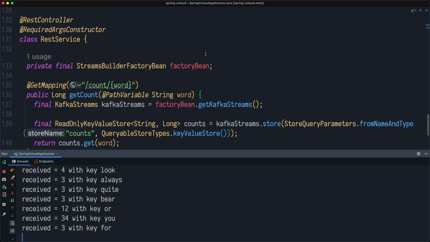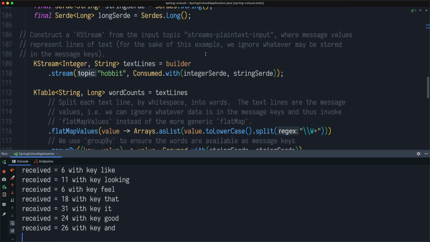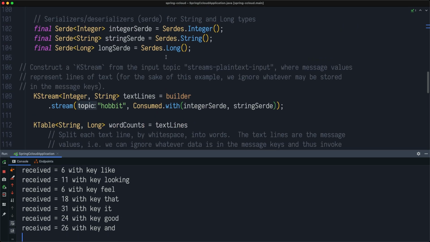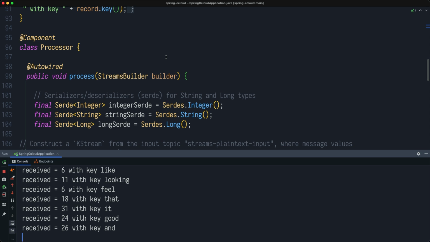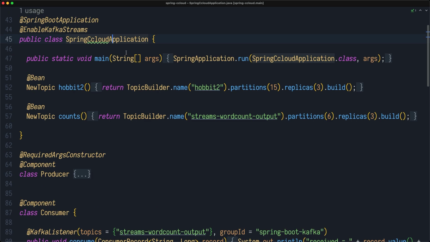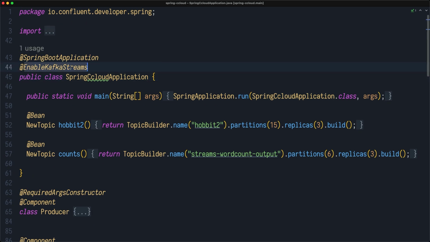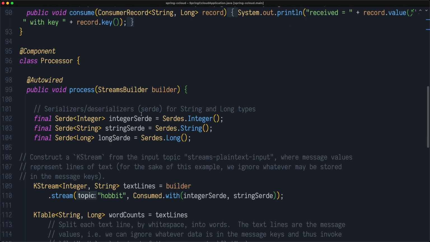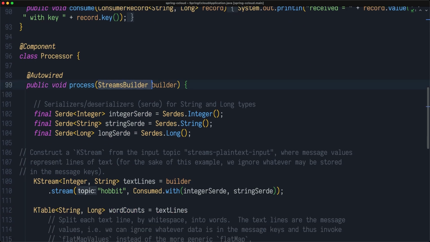Now, let's recap what we learned today. So you can use Kafka Streams applications inside Spring Boot. You need to just enable integration by enabling this annotation. You will be able to just inject the Streams builder, and the Kafka Streams instance will be managed by Spring.